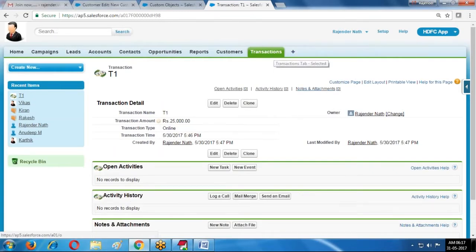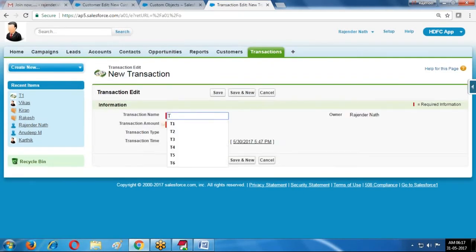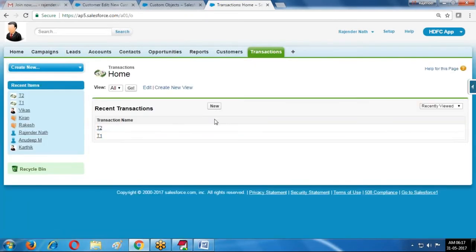If you want to create a new record, I am creating one more: transaction T2, transaction amount 15,000, transaction type cash deposit, and you can take the transaction time. This is the way you can create records.